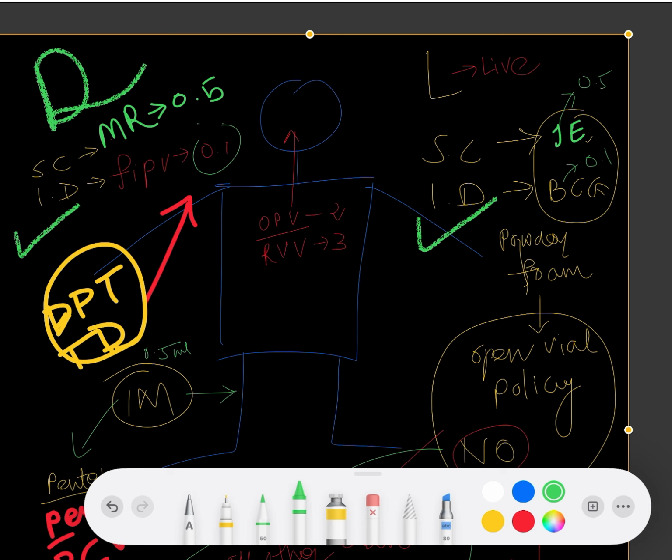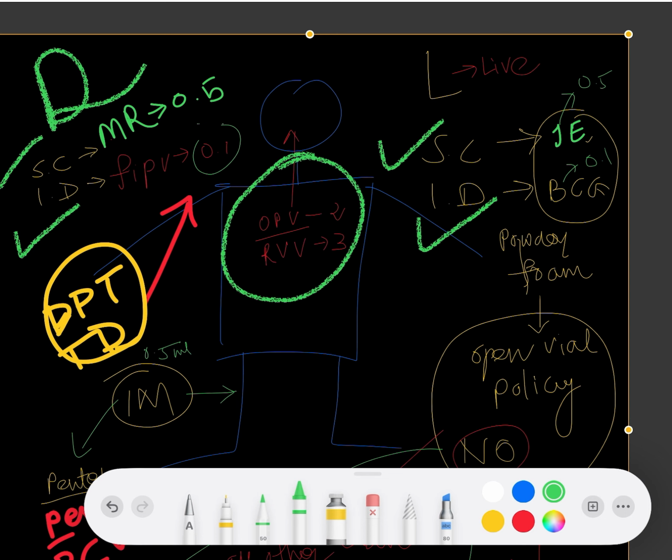Okay, the second vaccine which is left sided, we're talking about subcutaneous now. Japanese encephalitis 0.5 ml given subcutaneously at left side, and the MR, measles and rubella, is given 0.5 ml right sided. Okay, we finished the 2 intradermal, 2 subcutaneous. Now the 2 oral vaccines: OPV given 2 drops and RVV given 3 drops. What are the ages? I have cleared that already. Okay, what site given? 2-2-2 formula finished.